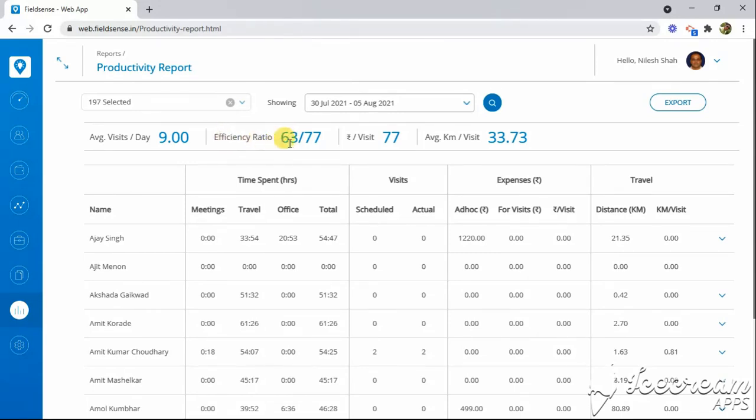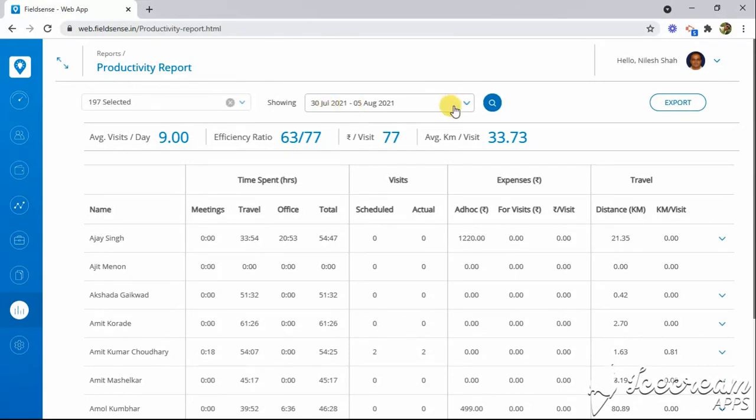So the efficiency ratio will show under this section, and under this section you can see what the expenses per visit are that they are claiming, and what is the average kilometers that they are traveling per visit. And this data is for all your selected users for the last 7 days.